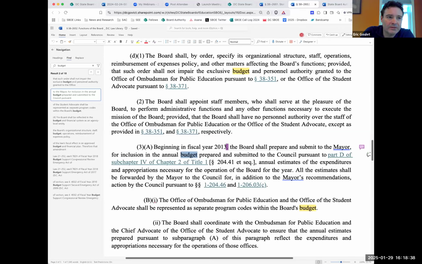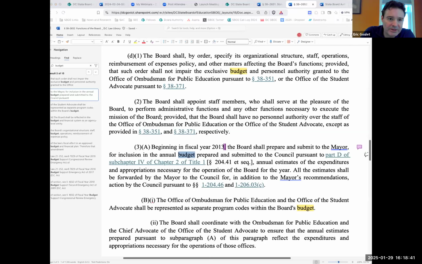And for me, I share a bit of the frustration that a small agency that is independent like ours is given such strict guidelines on this. I wish there was more discretion given to us in that regard. Although I do think the statute hits it perfectly because right now it states that we should submit a budget that we feel is meeting our needs. So that means we might submit 2 budgets each year, one which would be participating in the mark process, and then another one that we feel is our budget request and what we feel meets our needs. And I think we should send both. I think it's required here that we send a budget that adequately funds the board.